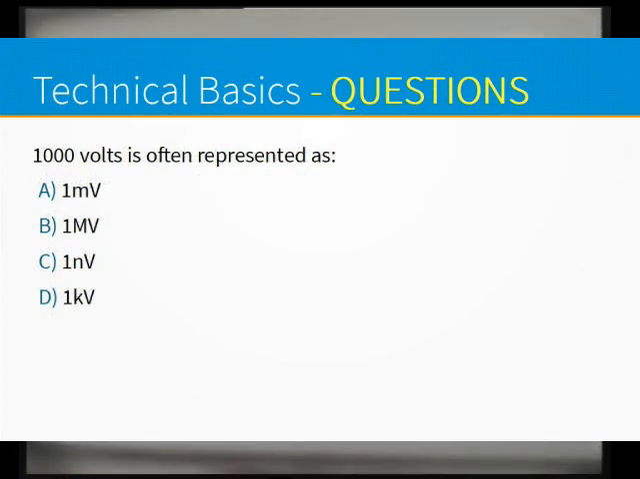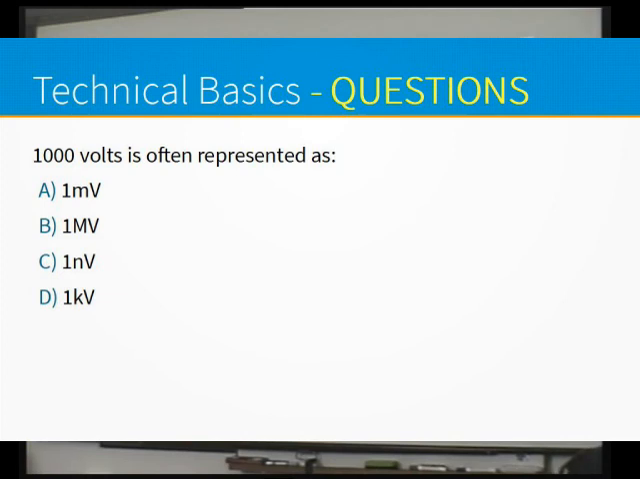1,000 volts is often represented as a kilovolt, 1 kV. Well and truly. And in fact,